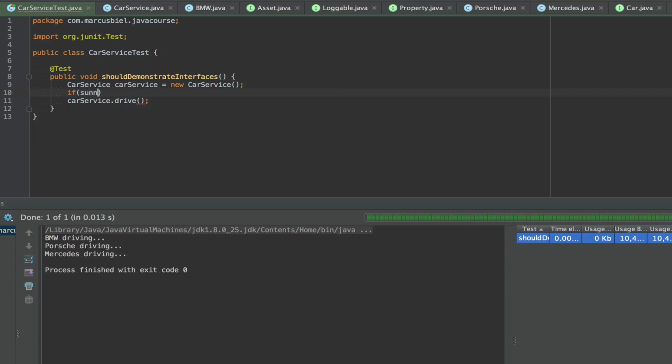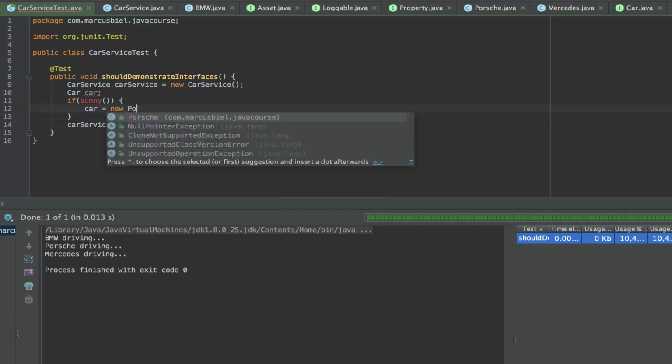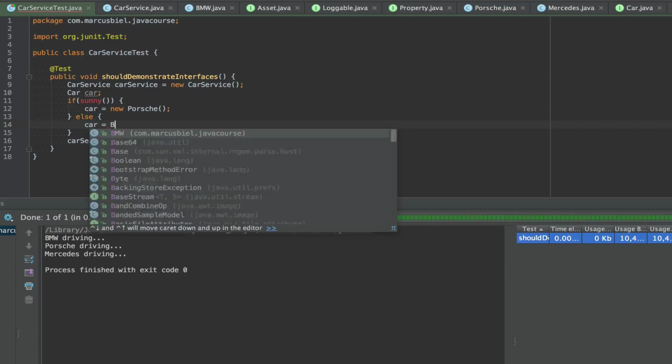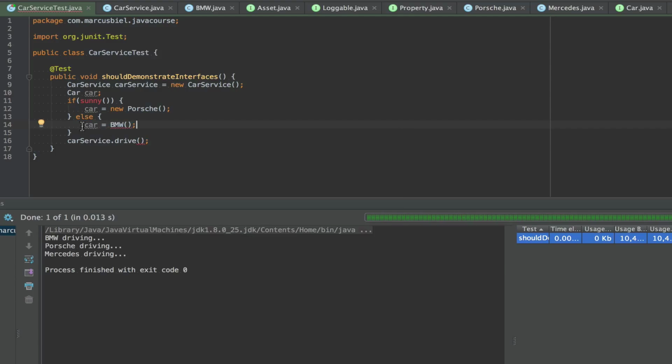If it's sunny, just making this up, then I want to drive my Porsche, and so I create a Porsche here. So I would say car, and then I would say if sunny, car equals new Porsche, and else if it's not sunny, well, I hope I have so many cars, then I would take the BMW instead, because it's better for rainy weather. New BMW, of course.